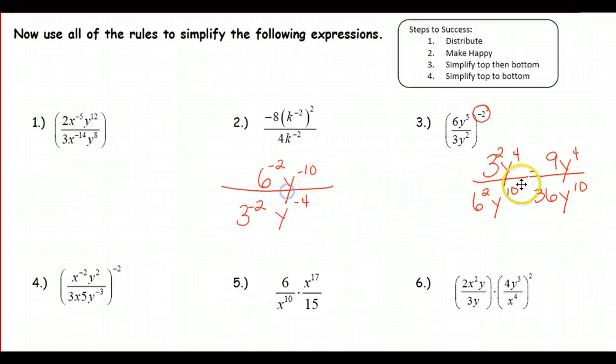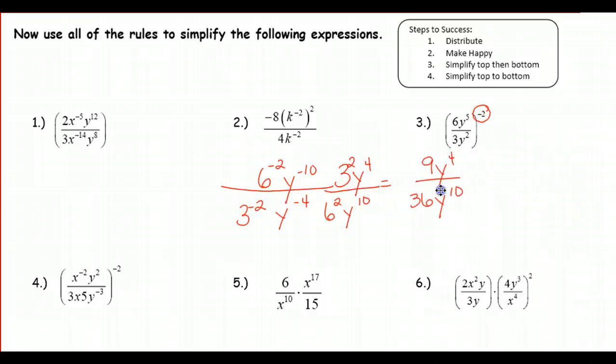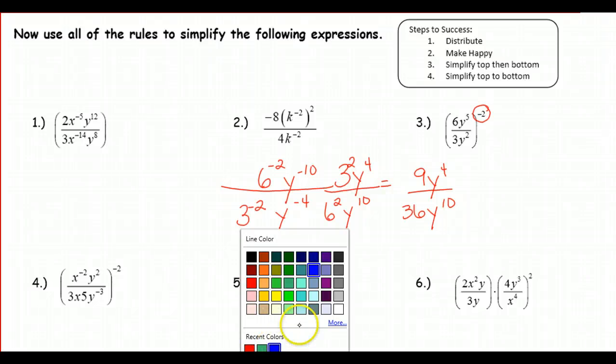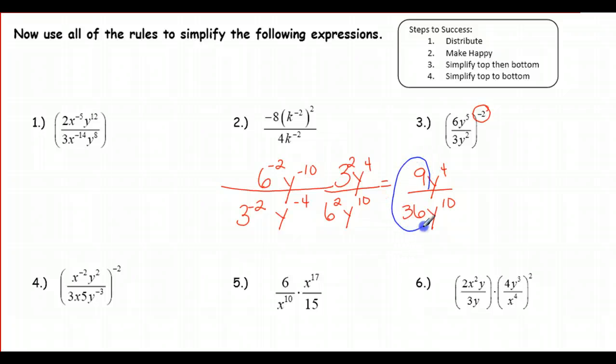Now let's see if I can move this over so I have some more room. Alright, the next thing I'm going to do is simplify my fraction, 9 over 36. Now I know that 36 is divisible by 9, so if I divide both the top and the bottom by 9, I'm left with 1, but I don't need to write the 1 because I have y to the 4th over, oops, not 9, 4. Alright, let's try that again: y to the 4th over 4y to the 10th, because 36 divided by 9